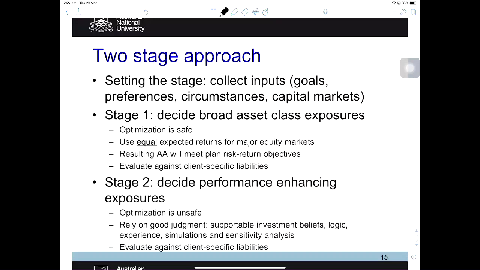So if you do want to include this kind of assets within your portfolio, it's going to be analyzed in the second stage. So at this stage, you try to be resourceful, creative, and try to collect as much information